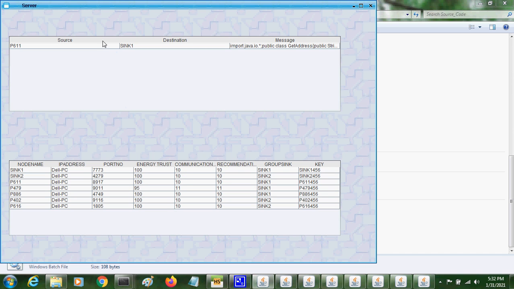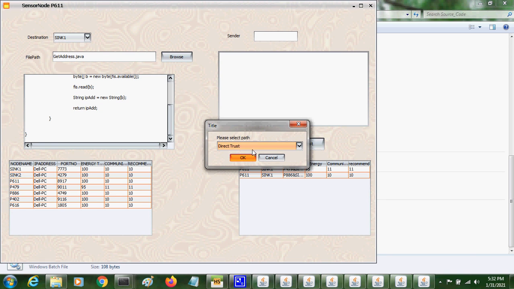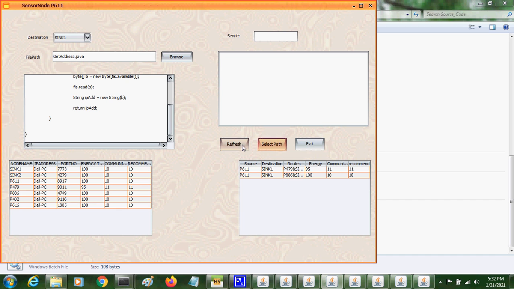Similarly, the server will get all the information, and then if you want to send the data through indirect trust, we can send it and see the communication. The trust value will increase for every transmission, and energy will decrease for every transmission.